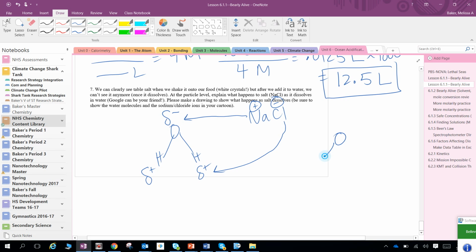And so what you end up seeing is a whole bunch of these ions that are separated. And now we can see right through that solution. Salt water is clear because the sodium and chloride atoms are not together anymore. They got pulled apart, ripped apart by the water molecules. So hopefully that helped you to figure out that